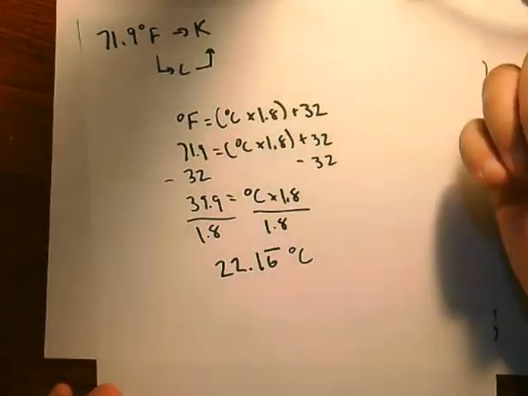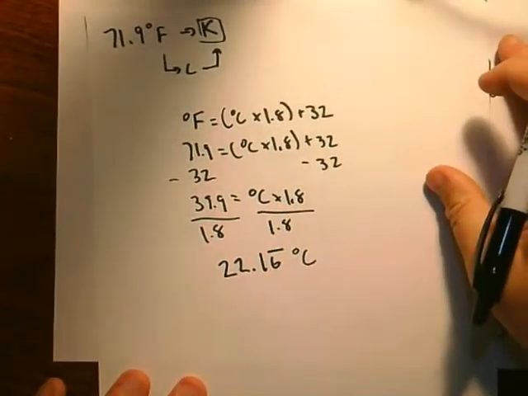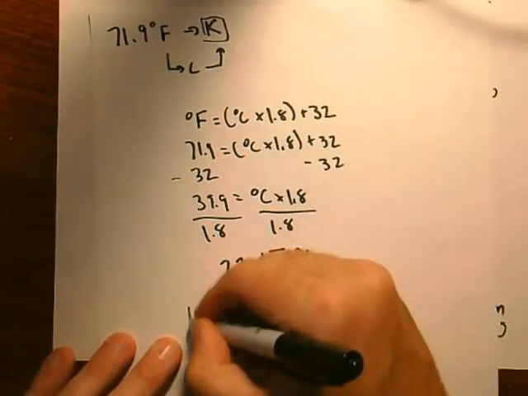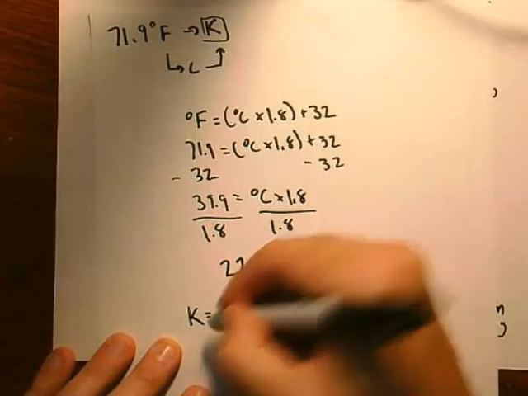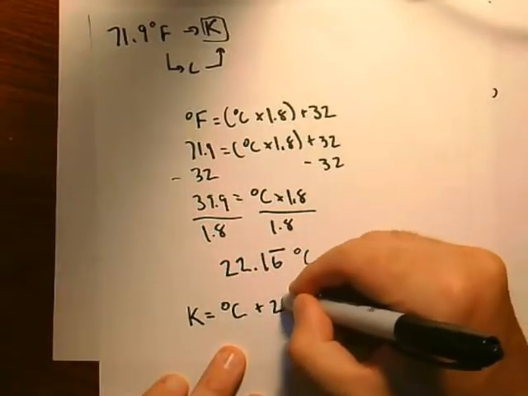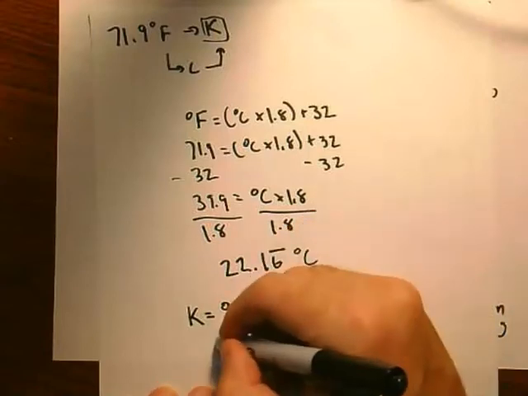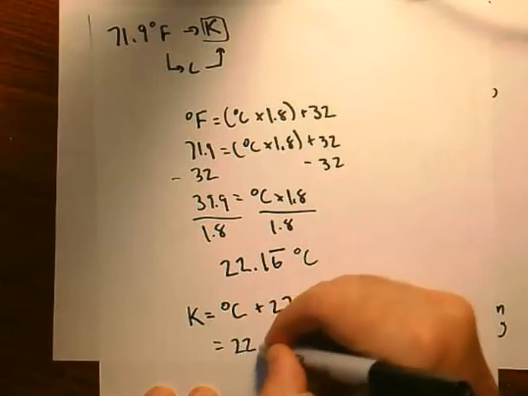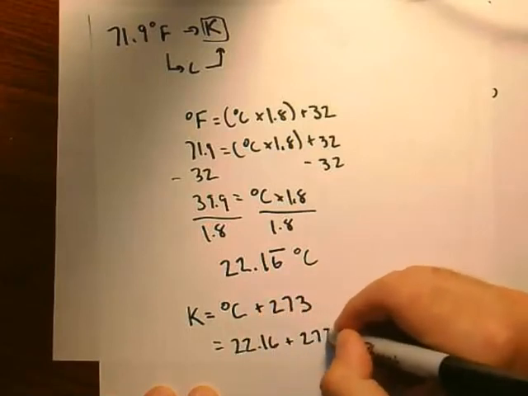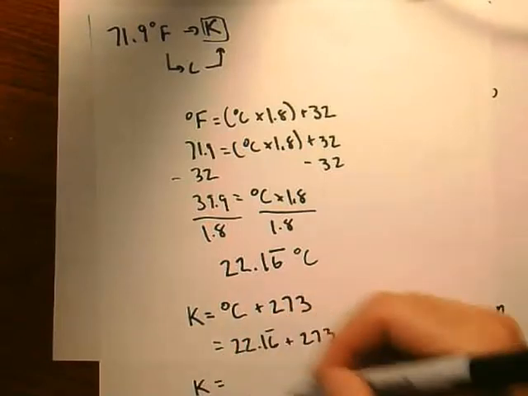But that's not what we want. We want it in Kelvin. So now we're going to take this and convert it to Kelvin. Kelvin equals the temperature in Celsius plus 273. So we just plug this in: equals 22.16 repeating plus 273. When we do that, we get Kelvin. The temperature in Kelvin is